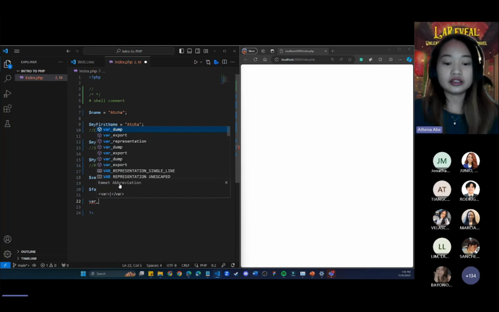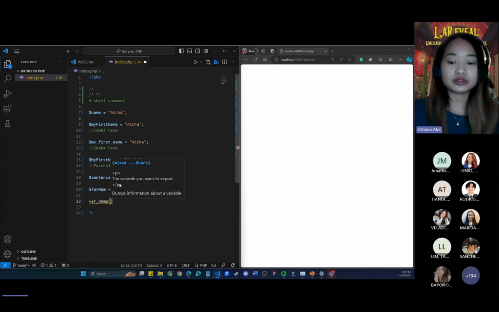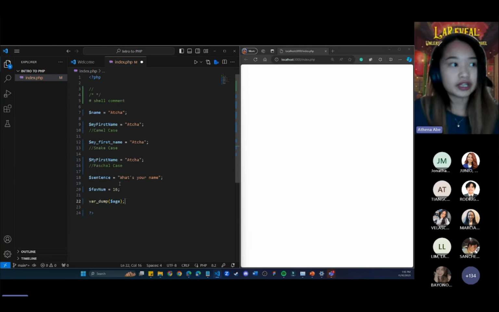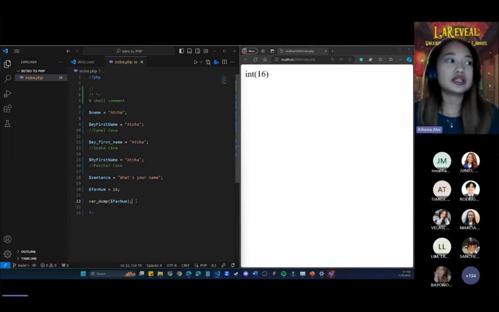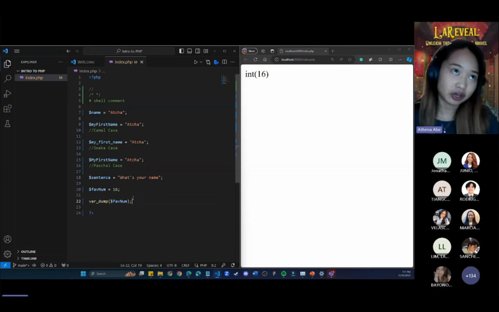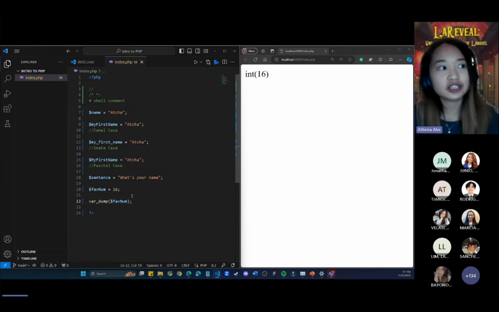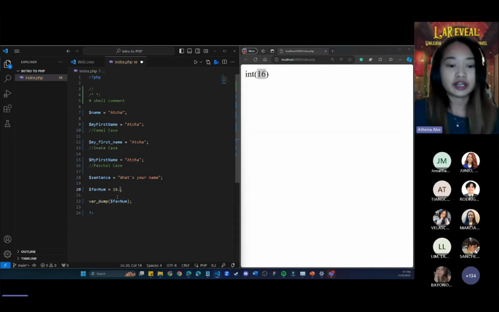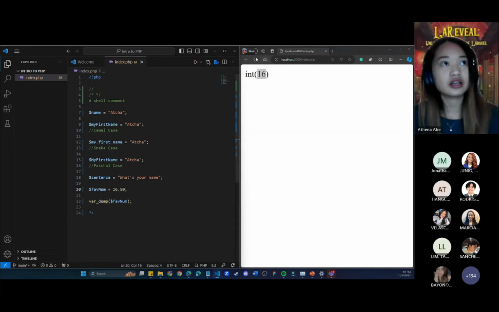I'm going to explain this more later, but to check the type of variable that we have, I'm going to use var dump on fav num. The variable fav num that has the value of 16, when I do a var dump, displays the output integer and the value is 16. What if I do 16.50? It says